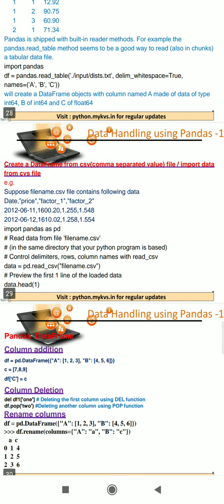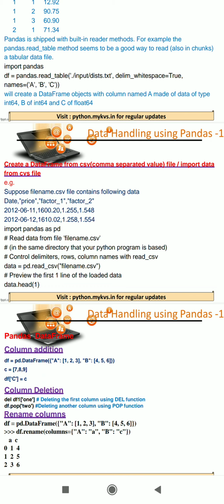Now next, we learn how we can read data from a CSV file. First question, what is a CSV file? A CSV file is just similar to any text file, but its data remains in tabular form with the specification of comma.